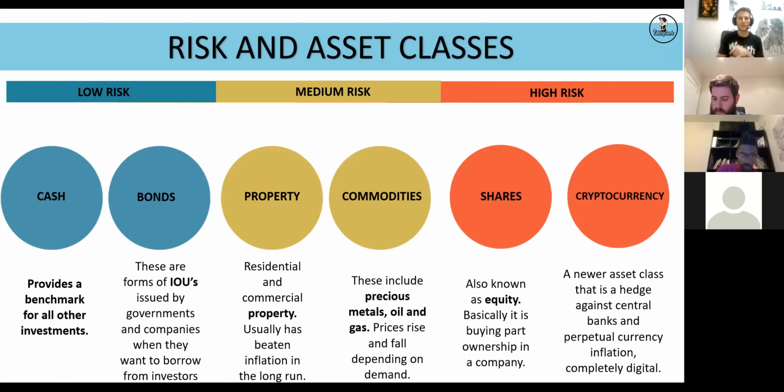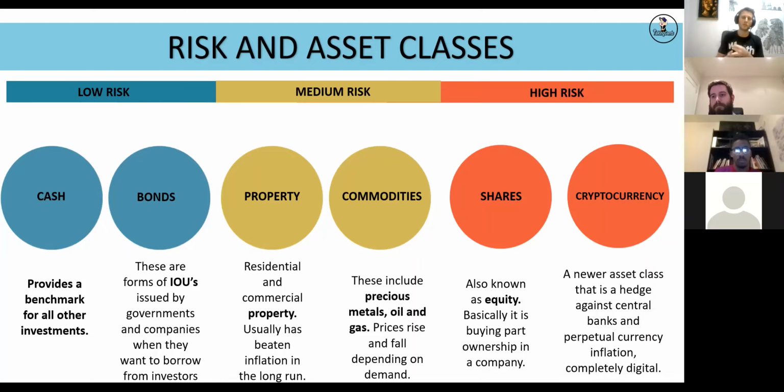So some asset classes that are low risk include cash and bonds, which most people are familiar with, and they offer very low returns, usually even below inflation, especially now that South Africa's cut interest rates. We are experiencing negative real returns because our inflation is higher than what we are actually getting at the bank. But it's also important to keep cash because you need that for emergencies or to take advantage of down cycles, sell-offs in the market. So I'm not saying throw out your cash. You always need some cash on hand.